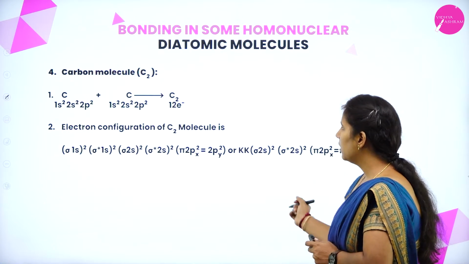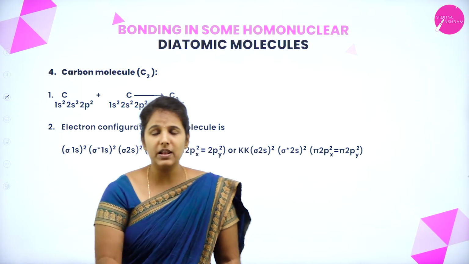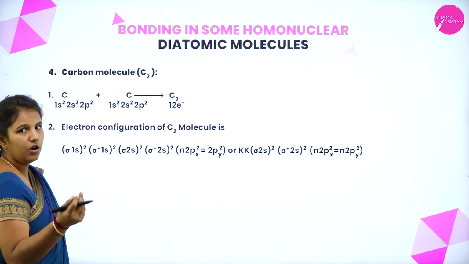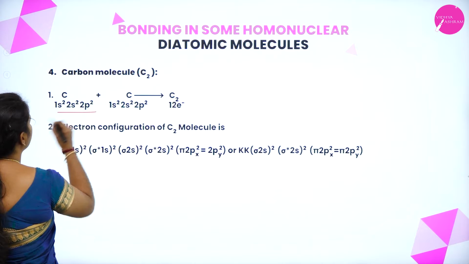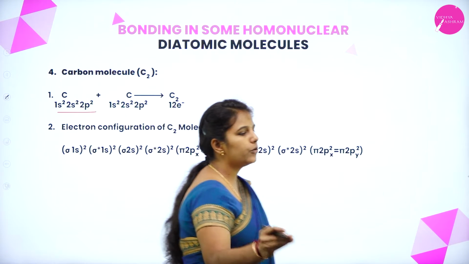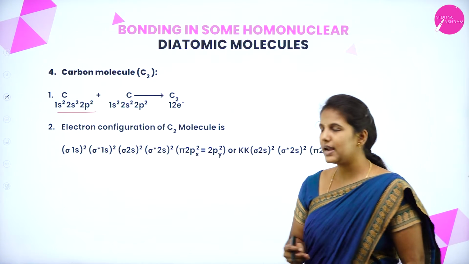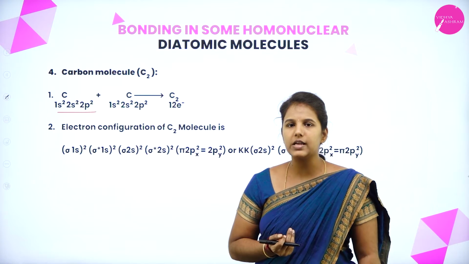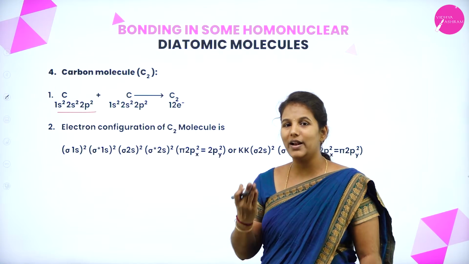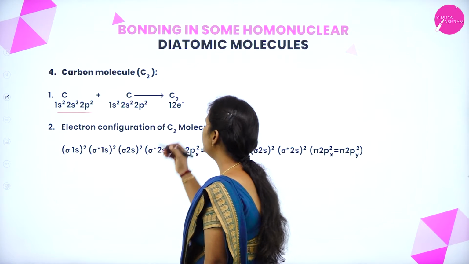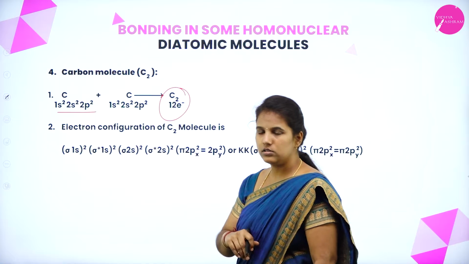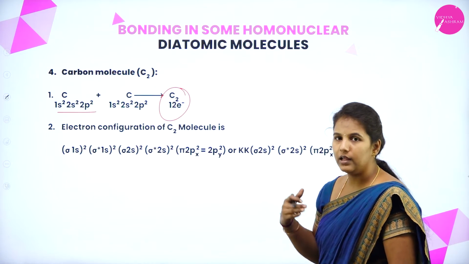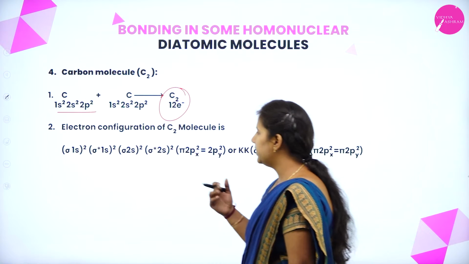Okay. We'll discuss another example by taking carbon. I'll go with the carbon. We know that carbon has how many electrons? 6 electrons, and their electronic configuration will be 1s square, 2s square and 2p square. Is it right? Yes. Similarly, I'll consider another carbon atom. So it also has the electronic configuration of 1s square, 2s square and 2p square. And totally how many electrons are involved? 12 electrons will be involved,